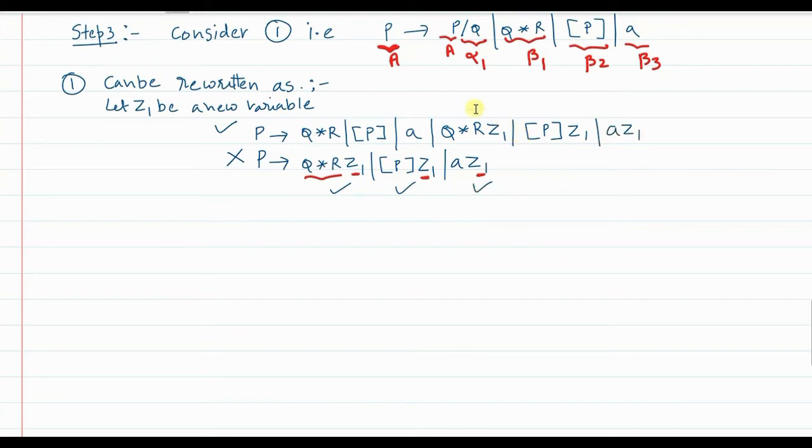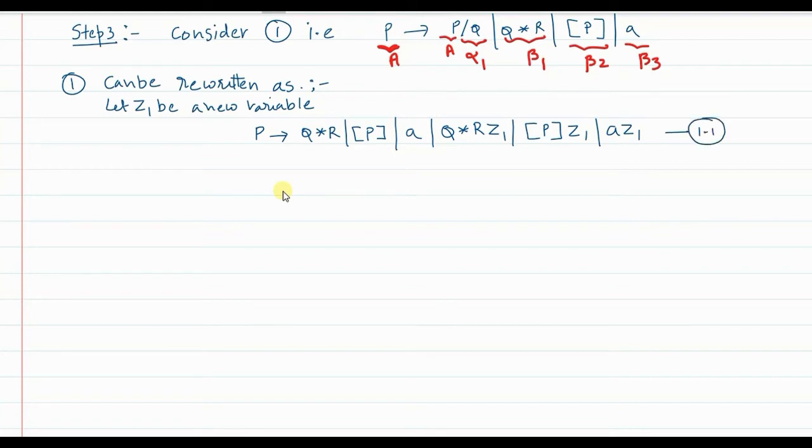So instead of writing two productions this way, I can write one production only by using the cascading method. That will look less tedious and easy to solve. So I don't have to write two productions like this. I can write that in one production. So this is my new production. Since it is from 1, I will just call this 1.1. Okay, now since we have introduced Z1,